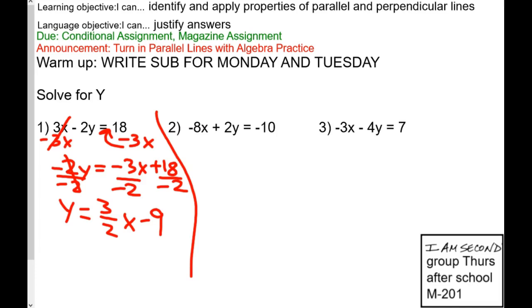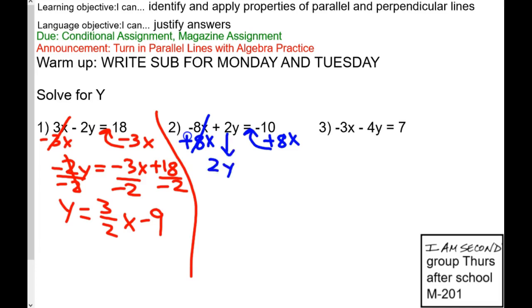X has to go to the other side, and I do the opposite. So what's the opposite of minus 8x? Plus 8x on both sides. Please remember, these two do not combine, right? I like to draw myself a little arrow to remind myself that the 8x goes in front of the negative 10, or the minus 10. So I bring down